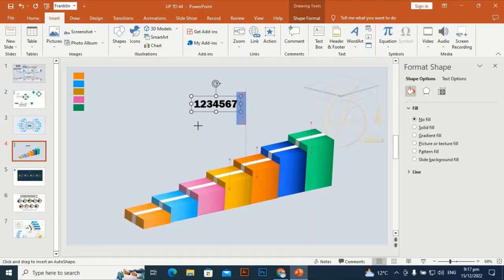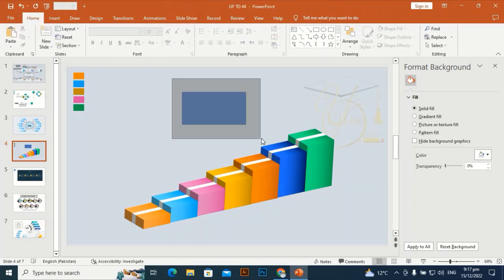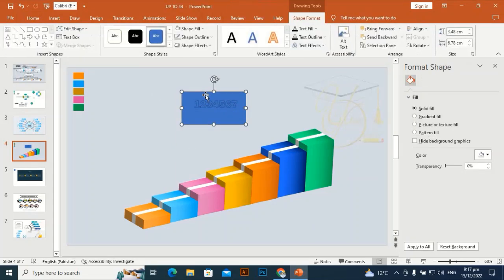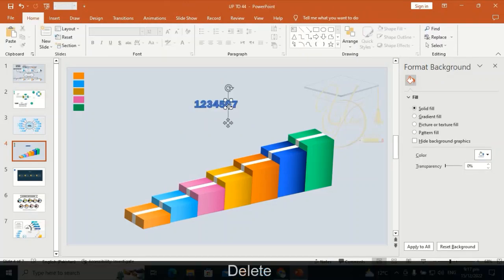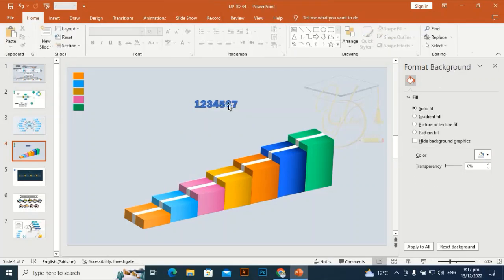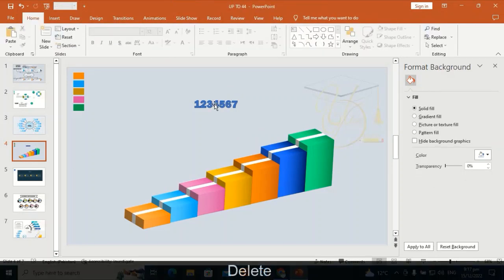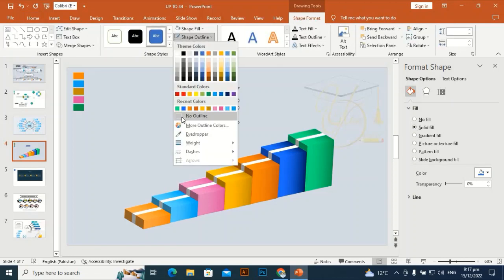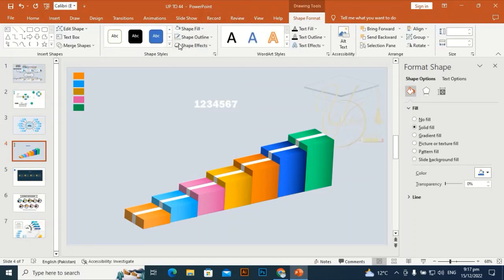Take a rectangle fragment, delete extra parts and delete also this one. Go to shape format, shape fill, no fill,